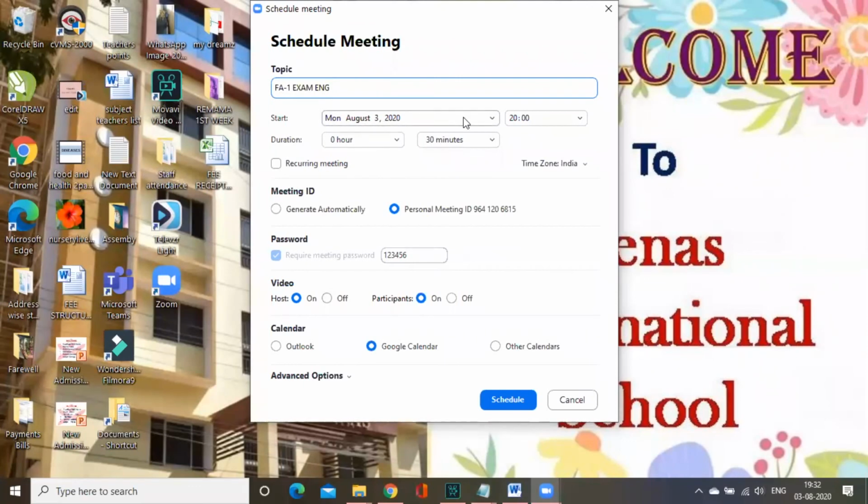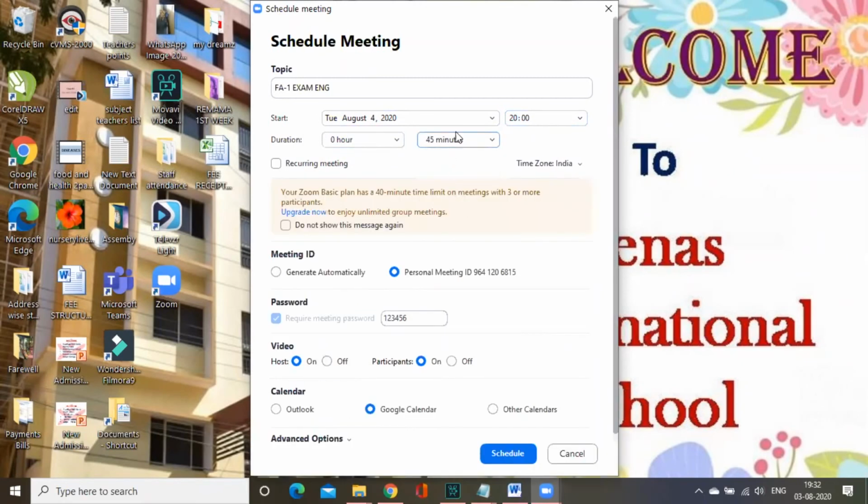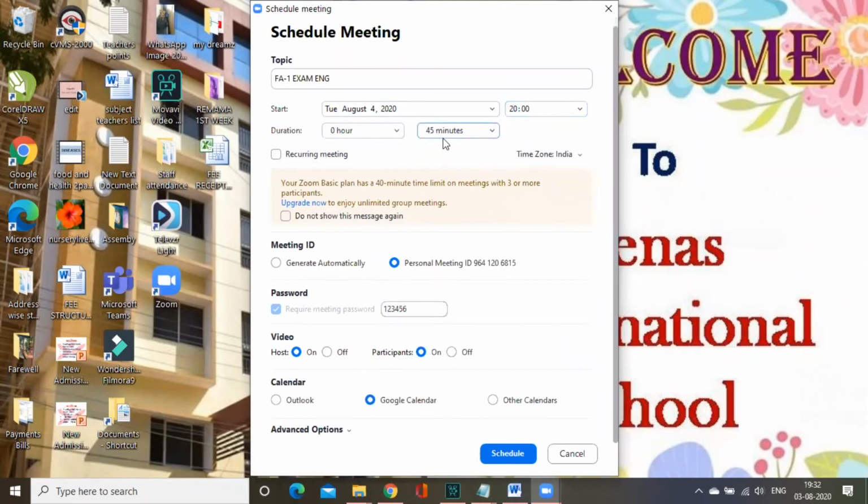Start time: give the date, and when you are starting, give the time here. The duration will be 40 minutes. 45 minutes is there, but you can make it 40 or 45. By default it will end at 40 minutes. Then go to personal meeting ID, teachers.